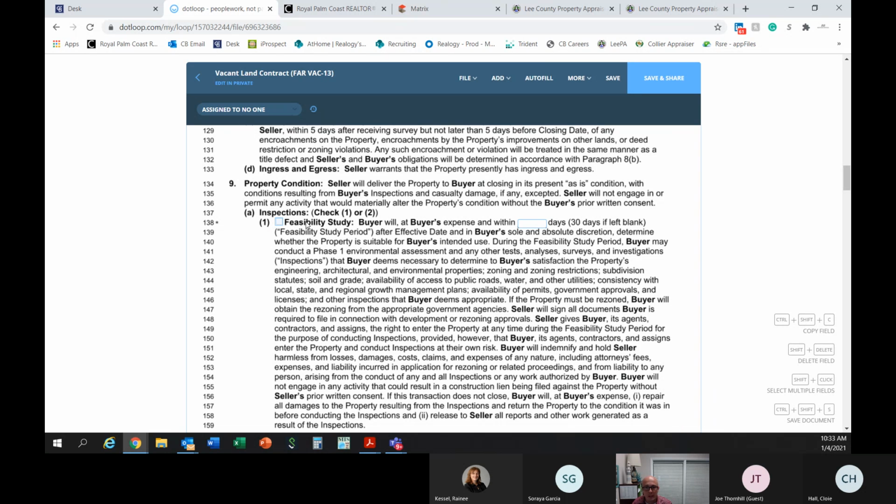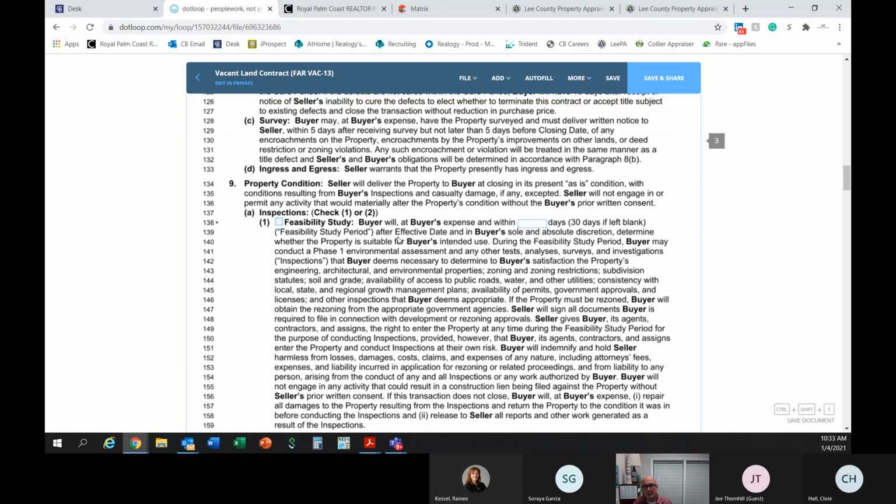Okay, so the first one is feasibility study. Buyer will, at buyer's expense and within blank days, by default it's 30, and we're calling that period the feasibility study period, after effective date, and in buyer's sole and absolute discretion, determine whether the property is suitable for buyer's intended use. During the feasibility study period, buyer may conduct a phase 1 environmental assessment and any other tests, analyses, surveys, and